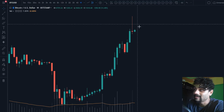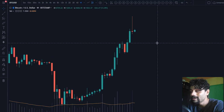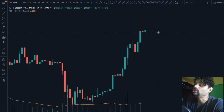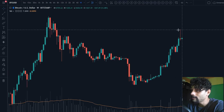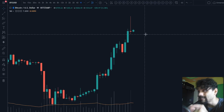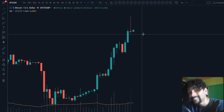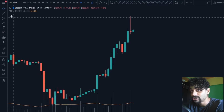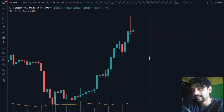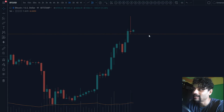Okay, on the weekly, as you can see, while the two-day closed pretty well, the weekly closed horribly bearish. Like, I don't want to say bearish just yet though, right? You could call this bearish because you don't typically see these kinds of reversal candles on the weekly without follow through, but that just means typically, right? Doesn't mean we must follow through to the downside. Over here at Mango, we're still gonna wait for confirmation, and for confirmation we're gonna wait for the week to take out this low over here at around 10,311,